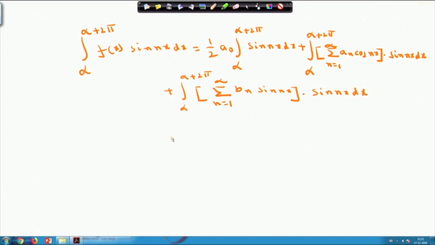If you evaluate the integral, again you will see that this term vanishes,